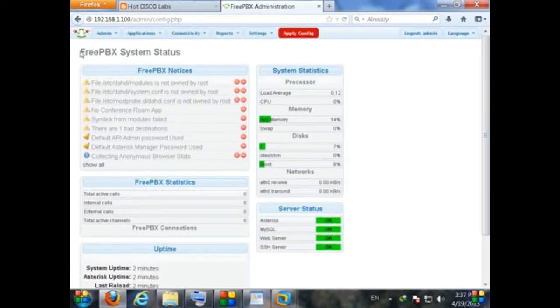Here you can see Asterisk after the first installation, and you can see the FreePBX system status. You can see live or not live messages, something like messages about the activity on your Asterisk server. The most important message that you will see here: default Asterisk manager password used, and the default